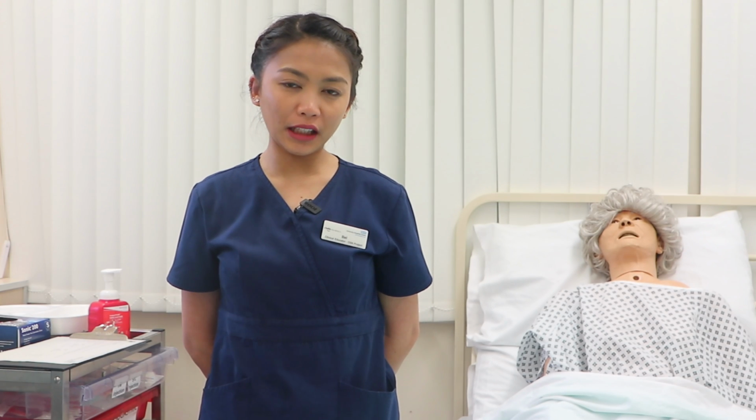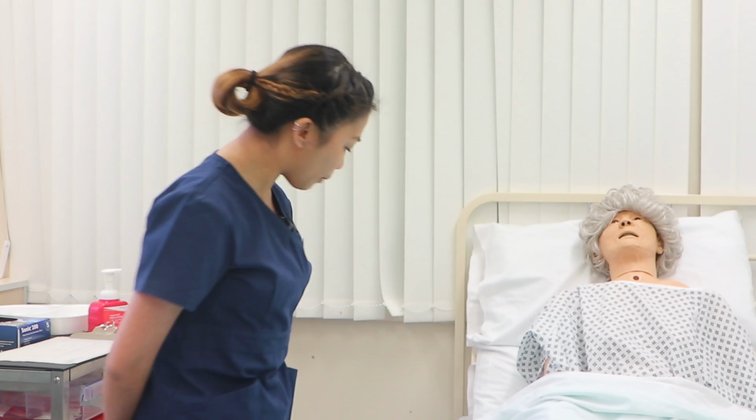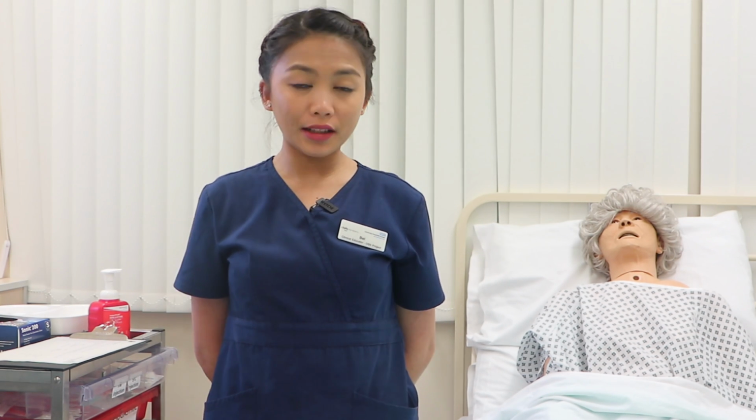I will be performing an intramuscular injection to my patient, but first I will make sure that the scene is safe, free from any spillages, cords, cables, and clutters that may pose risk to me, my patient, and others. Once the scene is safe, I will do my hand washing according to WHO standards, adhering to the 5 moments